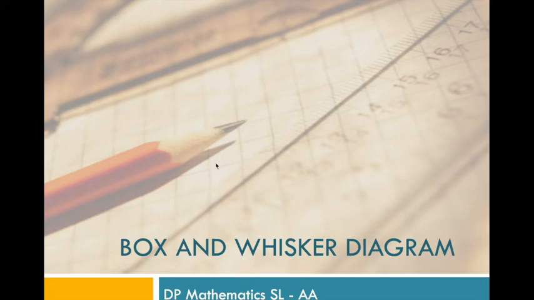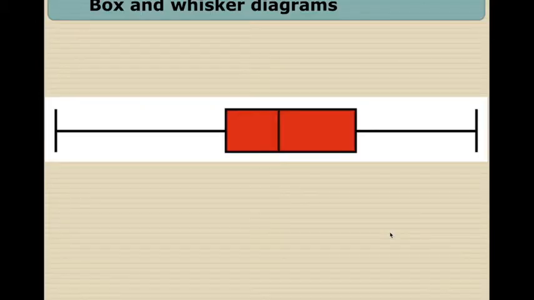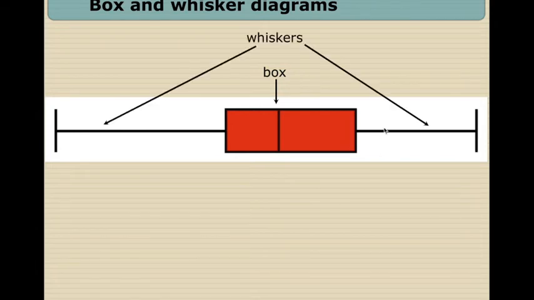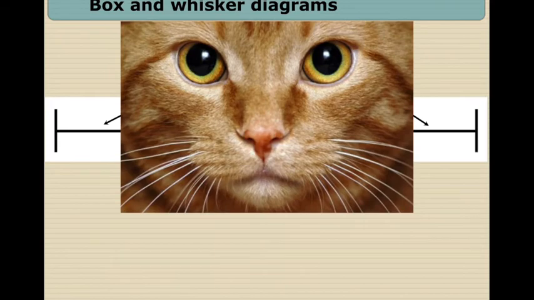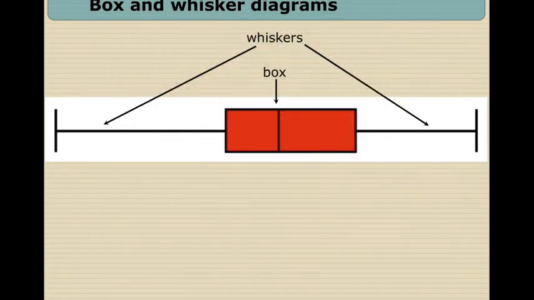Hi there. In this video, I will talk about box and whisker diagram, and judging by the name, the diagram has a box and two lines. It's called whiskers because they look like whiskers. Okay. Now, box and whisker, or often called box plot, has some representative values of the data, which are the